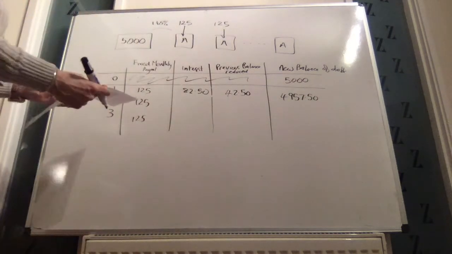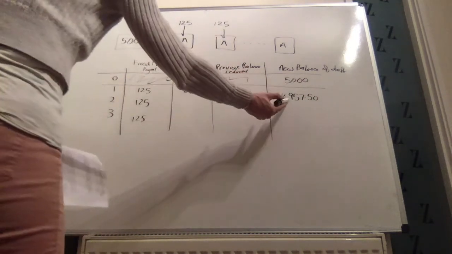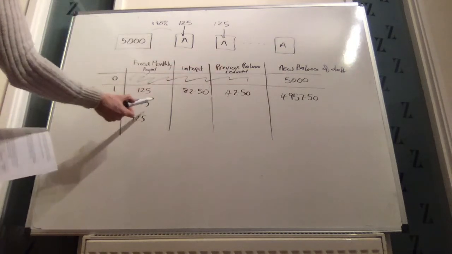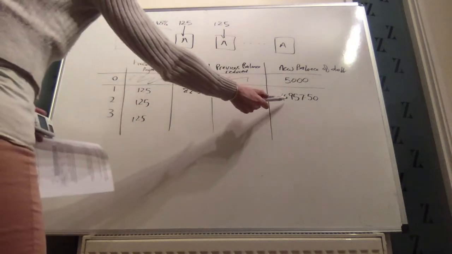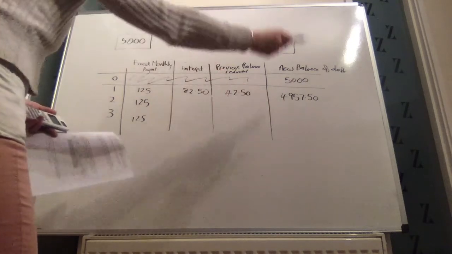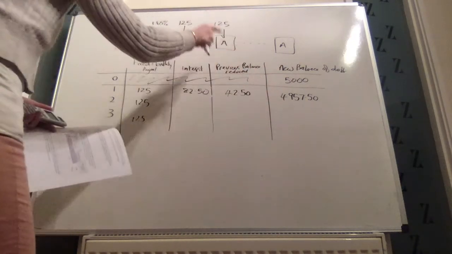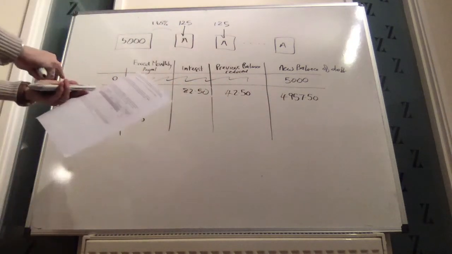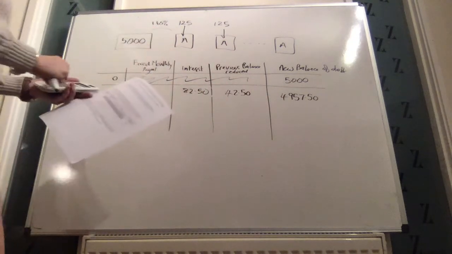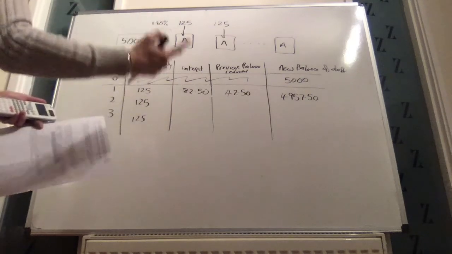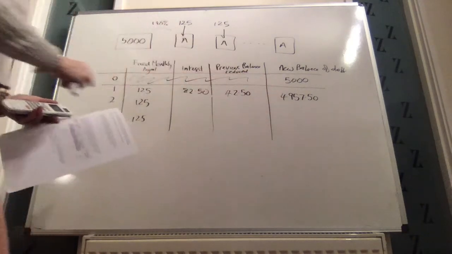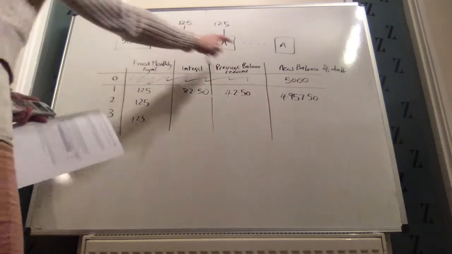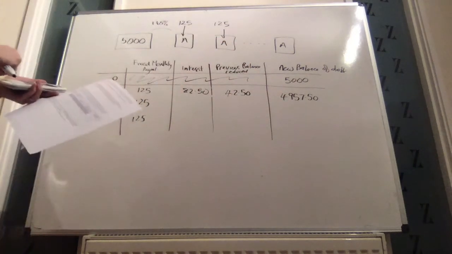Now, 4957.50 is his new balance. That's what he owes. So first of all we calculate the interest on that. That's what he owes going into the second month. At the end of the second month, he now owes 4957.50 plus the interest. So the interest on 4957.50 is 1.65% of 4957.50,